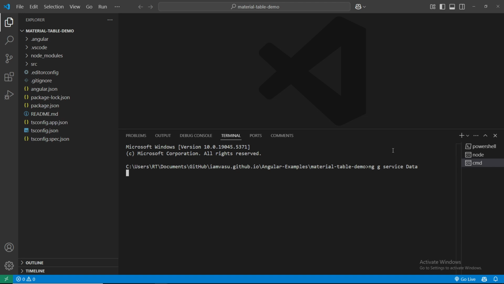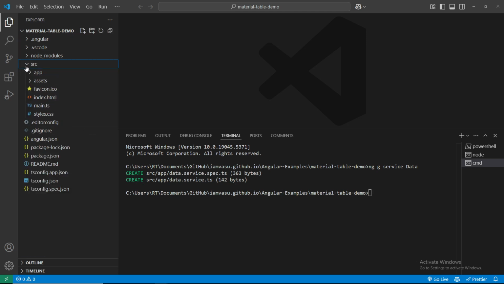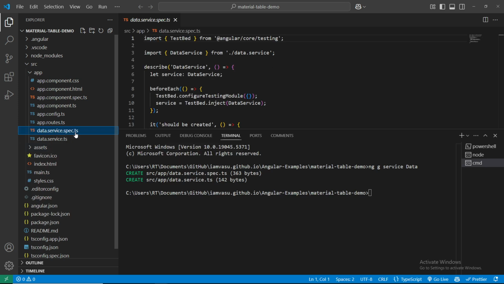In the same layer itself, you can give a connection to your backend database, fetch the data from the backend, and display that data however you want. If you see, this has been created. Under source, if I expand app, you can see data.service.ts. Two different files have been created,